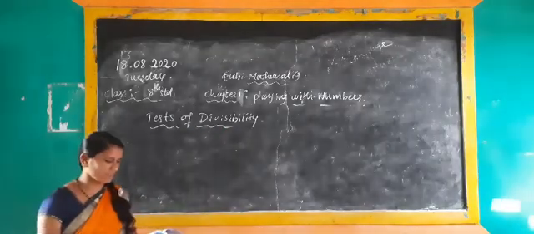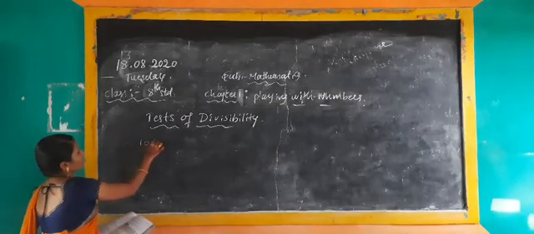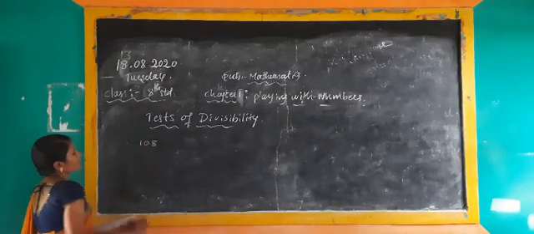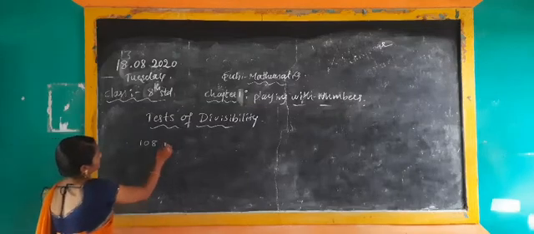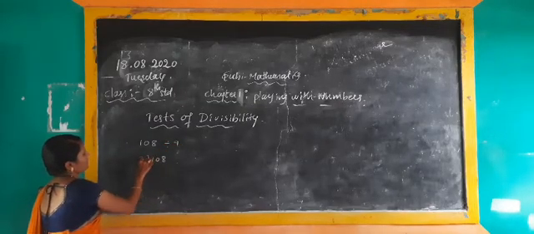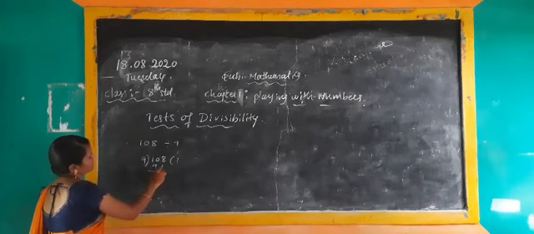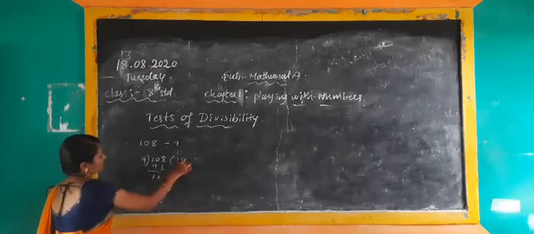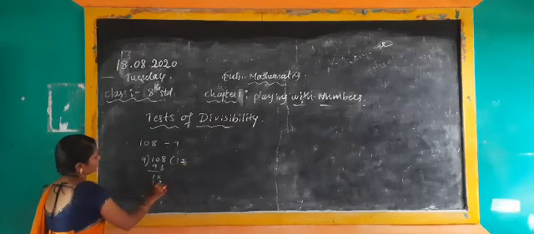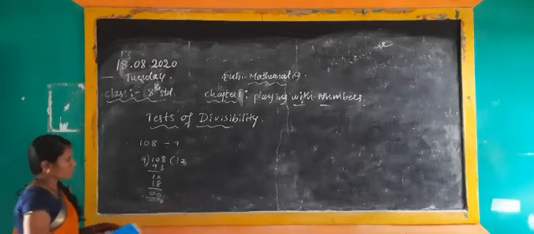You already know division, how you are doing division. I will just recall it. I will take the example 108, divided by 9. How are you dividing? 108, 9: 9 ones are 9. Here we get minus 1. We take 8 here. 9 twos are 18. Here you will get remainder 0 and quotient will be 1.